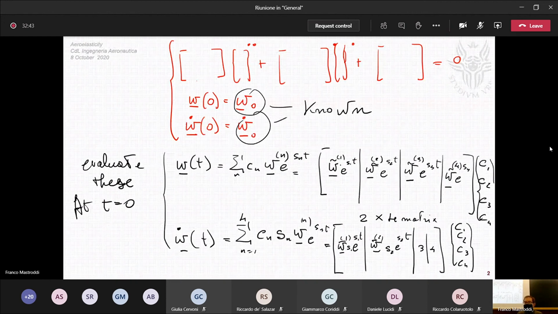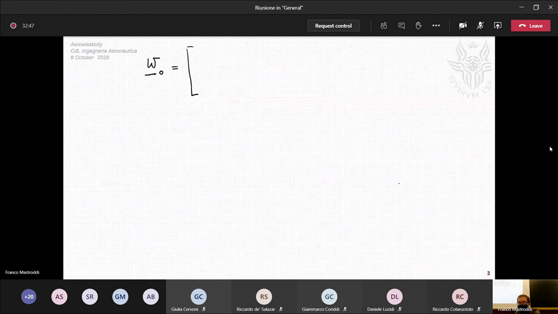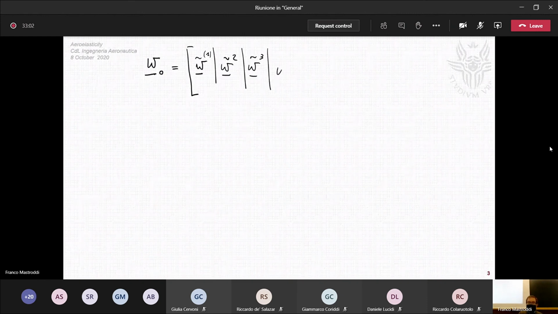So you have only the eigenvectors in column, and therefore you have first eigenvector, second eigenvector, third eigenvector, and the fourth one as applied to